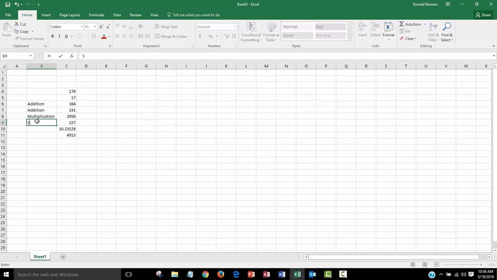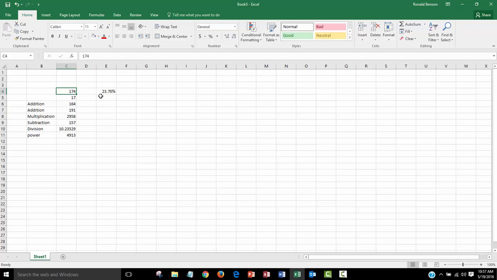This is subtraction. And here we have division, if I remember right. And a power or exponentiation. Raise it to the third power in this case. You can do percentages. Let's say I want to use 23.7%